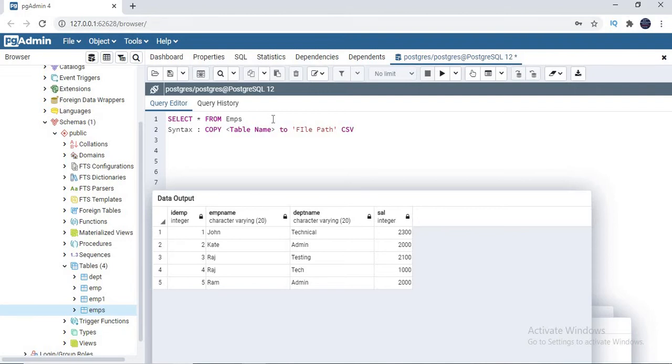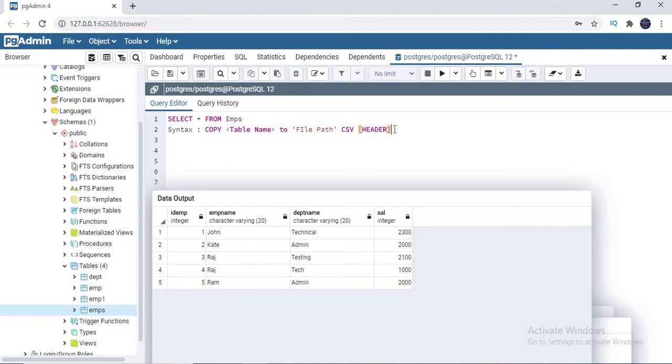The next ones are optional. If you want a header as well, then you need to specify HEADER. CSV is a comma-separated file. If you want a different delimiter than comma, you need to specify that delimiter as well. Why do you need it? I'll talk about that scenario once we are done with the positive case, that is, the negative case. So this is the syntax.